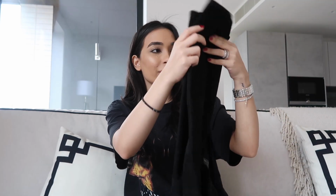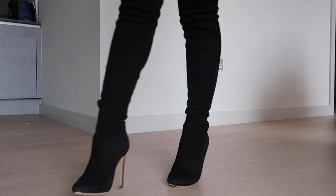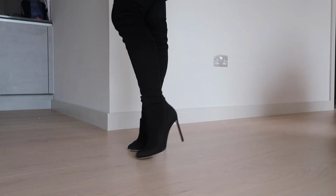These are pretty similar to the Tonies, but the Tonies have a zip, very comfortable, but these fit me better, and I liked how they just hugged my leg a lot better than those did. I feel like Francesco Russo boots are very comfortable. These are so elegant on, and they go with quite a lot. I wear these with skirts, shorts, jeans, quite a few things,